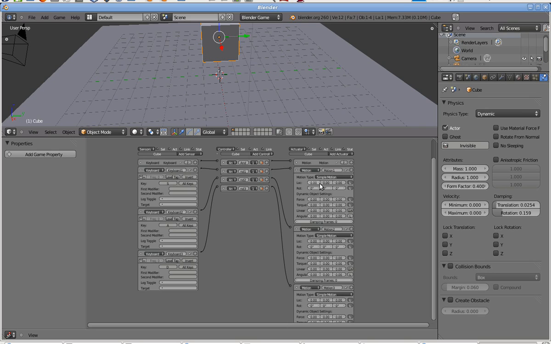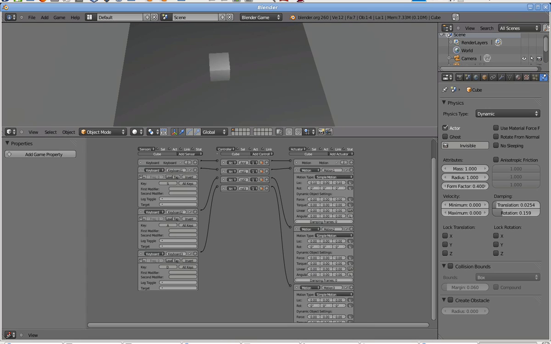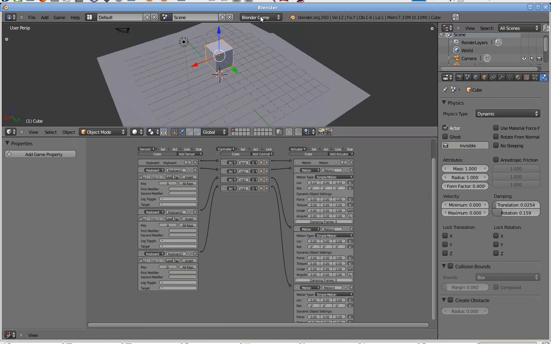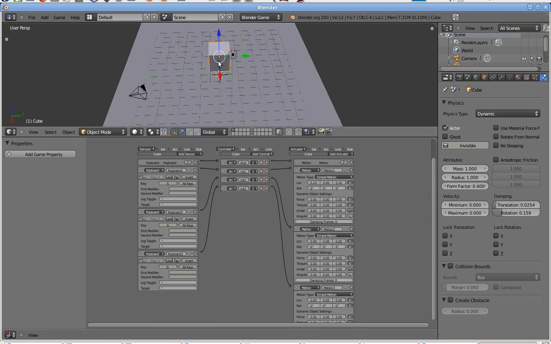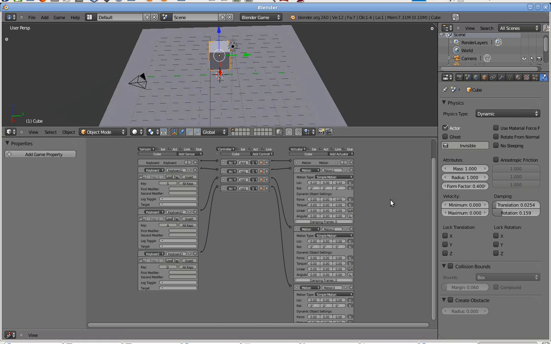And for S, it would be positive on the x-axis, and I also want it to bounce. Yeah. And make sure this is checked off, because this L stands for local, so no matter what way it is facing, it will always go this way prior to the cube. And